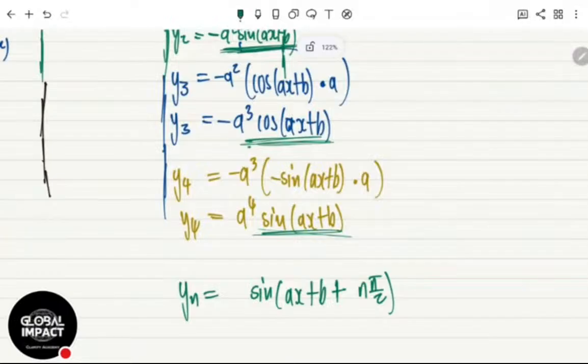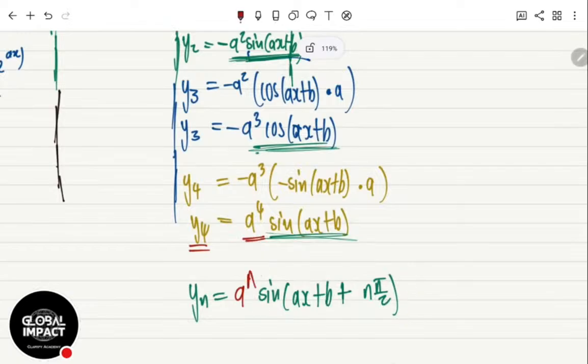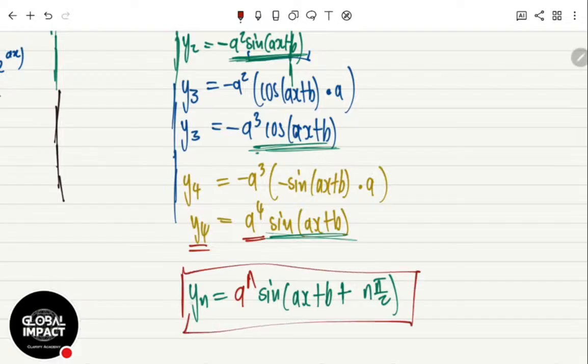The last thing to look at is the power outside. You're going to see that when I was finding the 4th derivative, I had an a to the 4 outside. So if I'm finding the nth derivative, it will be an a to the n, then you have this whole thing. What is this? This is going to be the nth derivative of trig things. So you don't put a bracket though. It is just a to the n, then sine ax plus b plus n pi over 2. Are we together? This gives me the nth derivative of any sine or cos. So if it was sine, then you're going to put sine. If it's for cos, you're going to put cos.